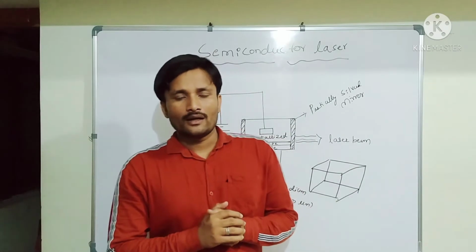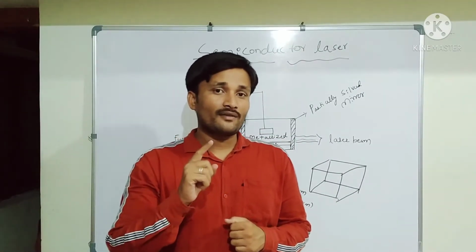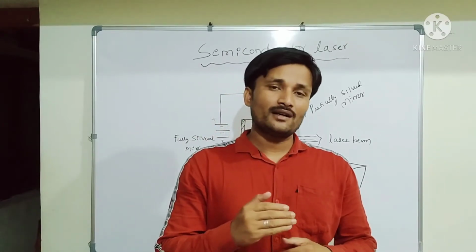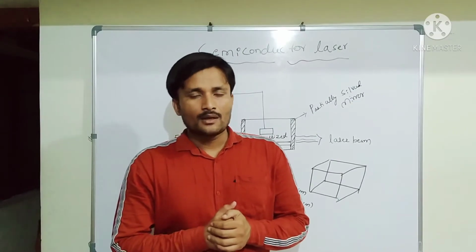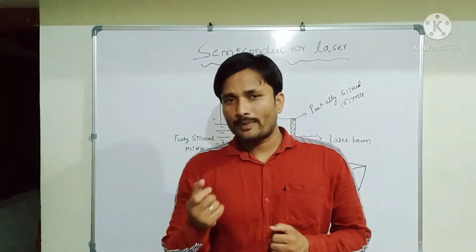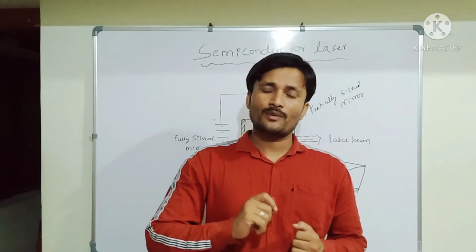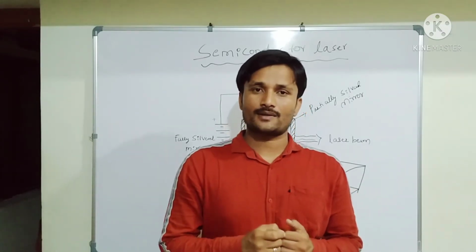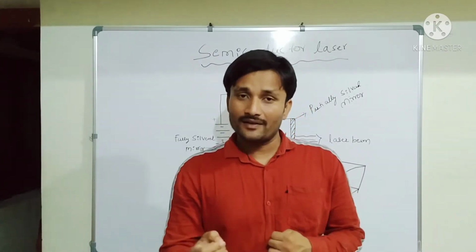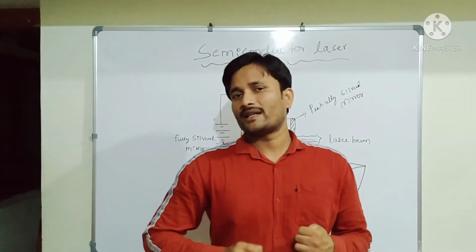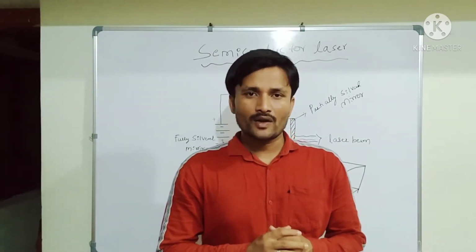Now in this topic, another two important things are there. First one is forward bias and second one is reverse bias. Forward bias means the positive terminal of a battery is connected to the P region and the negative terminal of the battery is connected to the N region. This phenomenon is called forward bias. And reverse bias means the positive terminal of the battery is connected to the N region and the negative terminal is connected to the P region. That is called reverse bias. Okay, now moving on to the figure.